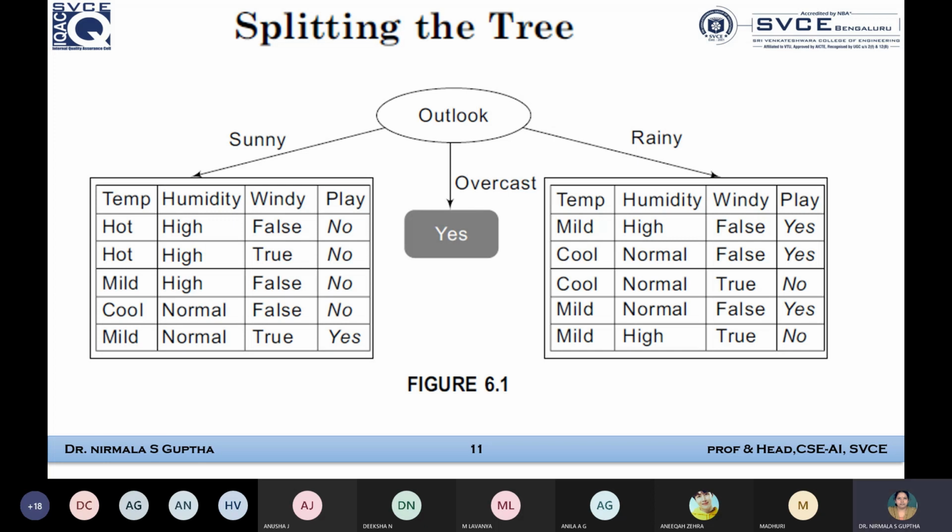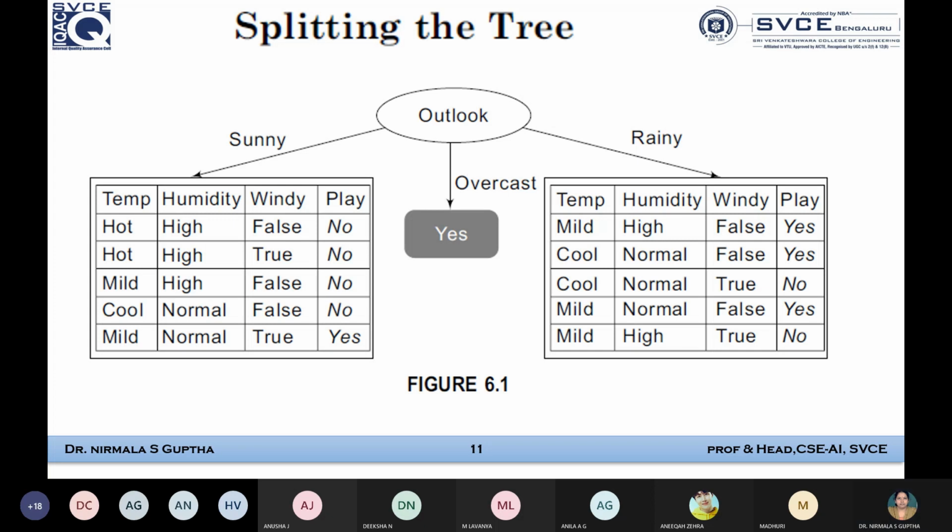Say yes or no. Okay. So now the three rules are there. Hot gives no, mild gives no, and cool gives yes. Now, what is the number of errors we are trying to find? Hot gives no. How many are there in this data set? How many no's? How many yes?